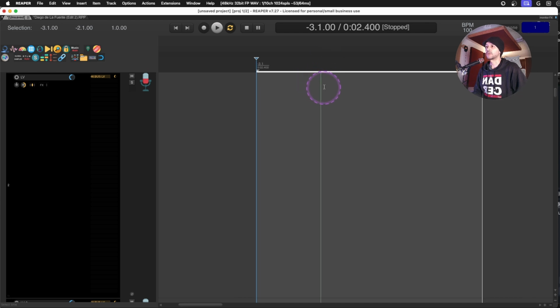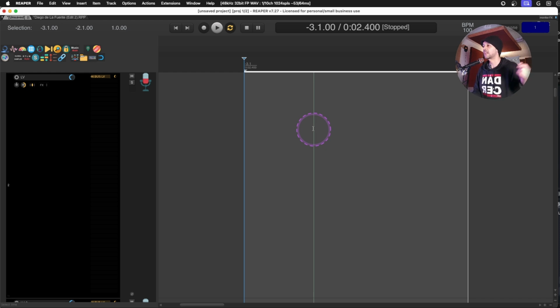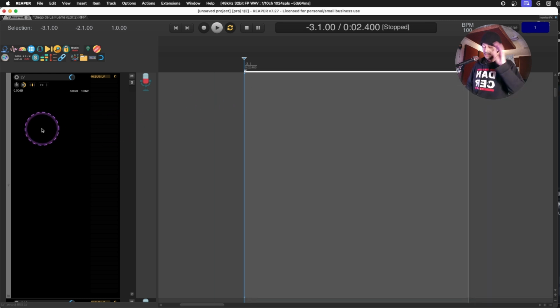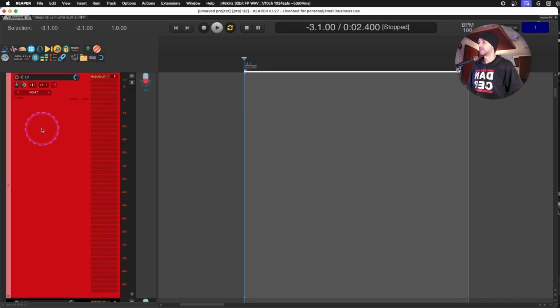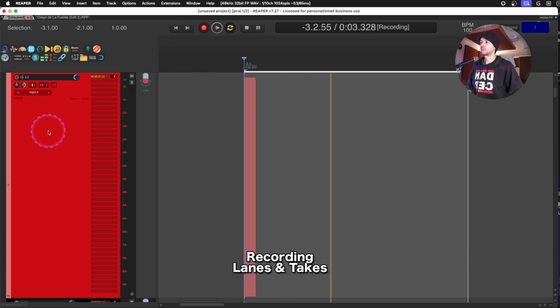Remember that in Reaper, when you're using the different recording modes available, either punching or punching selected items, I will leave that link in the description because I have done videos on that already. So despite the many updates that we have had on Reaper regarding the fixed lanes, recording modes, the lanes and the takes, just remember that whenever you're recording something, what will end up happening is that you will have